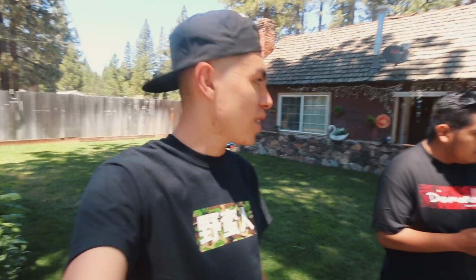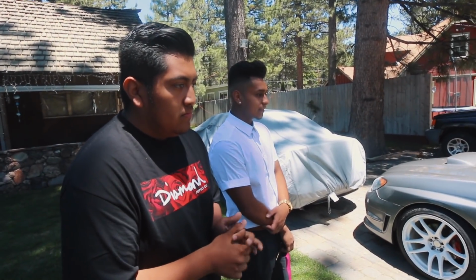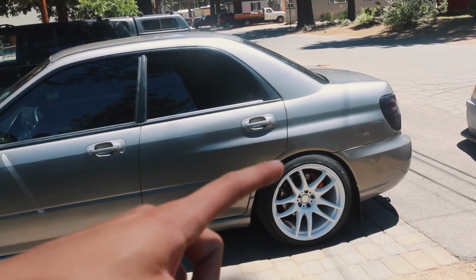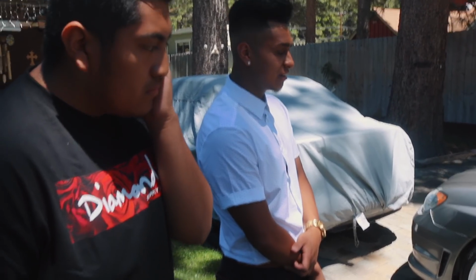I think a gray car is probably the hardest to match up with wheel color, but I think white looks the best, to be honest. Silver gray. Yeah. Because gray is honestly the hardest to match it up with. Are you gonna get new tires? Yeah. When? Maybe like in 2 weeks. Then get the right size. Because this sidewall is a little big when we first got these tires. It's just a little too much, too aggressive. So yeah, like in 2 weeks, and then I have my lip coming back in